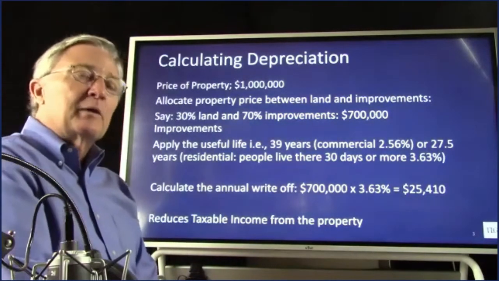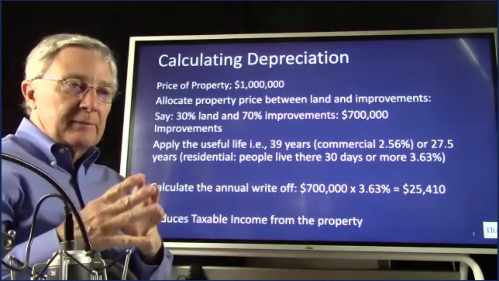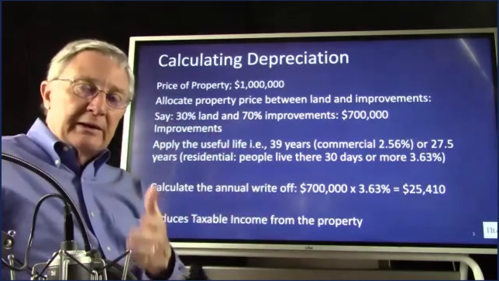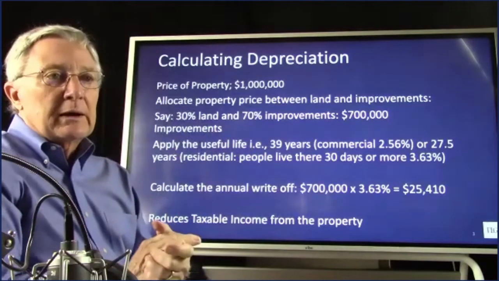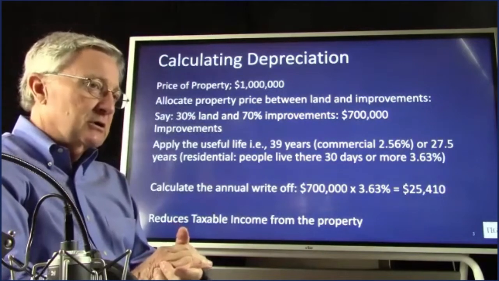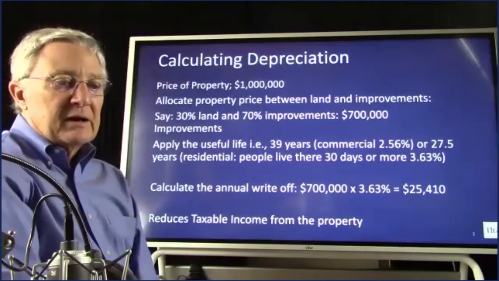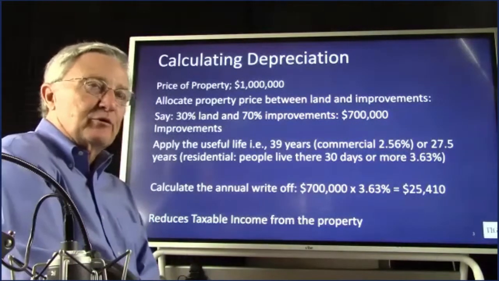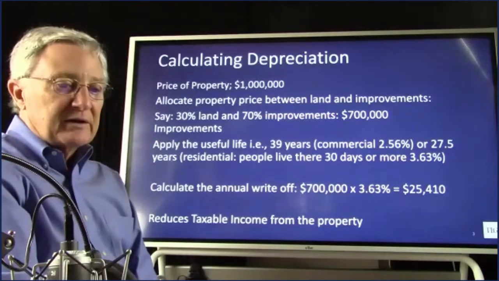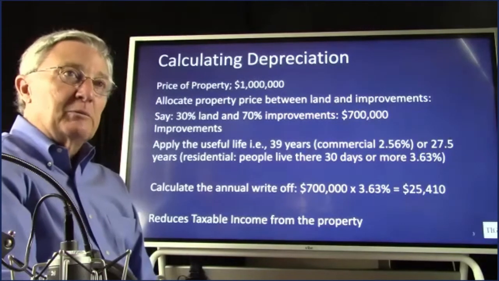Maybe you're having an appraisal on the property, and the appraiser looks at the cost approach to an appraisal. It tells you what the land is worth, and it tells you what the improvements are worth. Another thing you can do, let's say you don't have an appraisal, is you can go to the assessor's records. It's probably the most common method of allocating between land and improvements. If in your county, in your state, the assessor does a breakdown, you can use that percentage. Now, if you're building a brand new building, it would be easy, right?